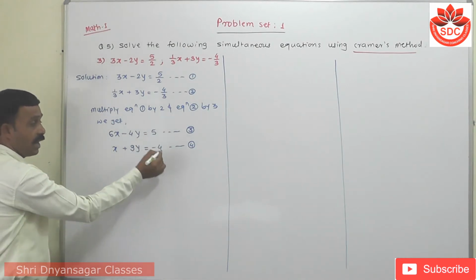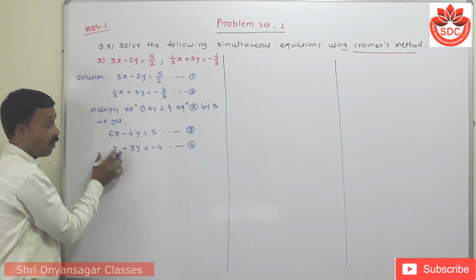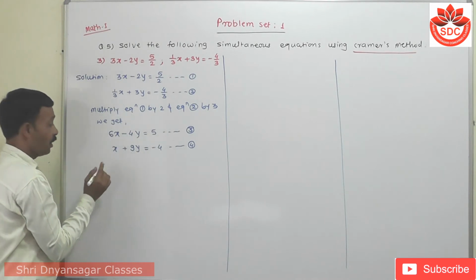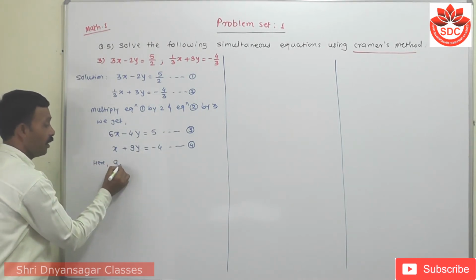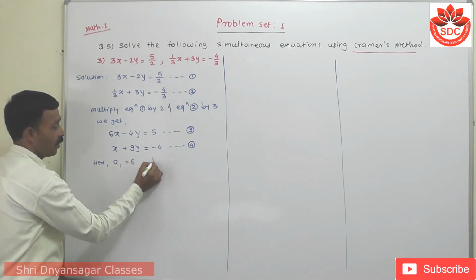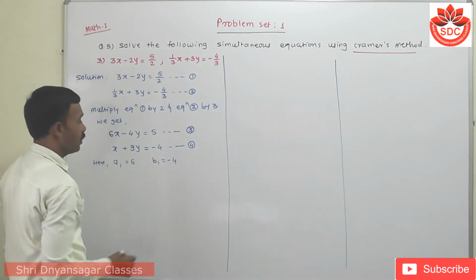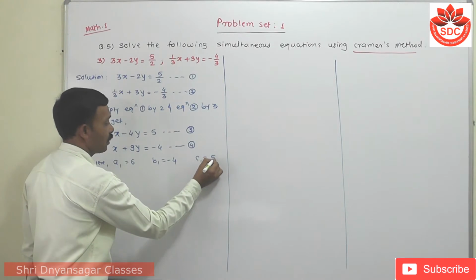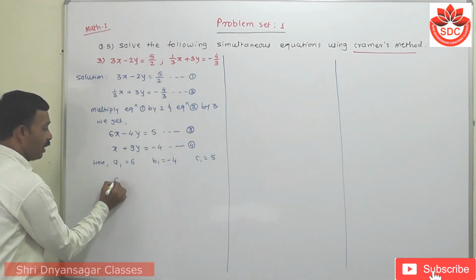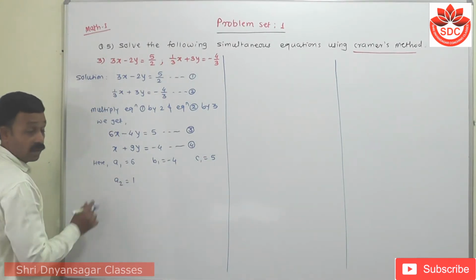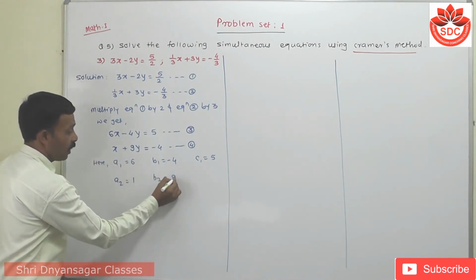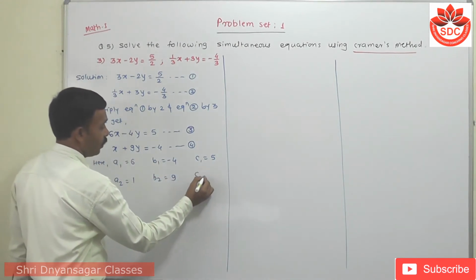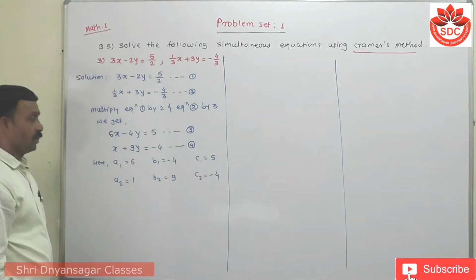From this 3 and 4, which is in standard form of ax plus by is equal to c. So here we compare it with the standard form. We write here a1 is equal to 6, b1 is equal to minus 4 and c1 is equal to 5. Then a2 is equal to 1, coefficient of this is 1. Then b2 is equal to 9 and c2 is equal to minus 4. Student, can you understand up